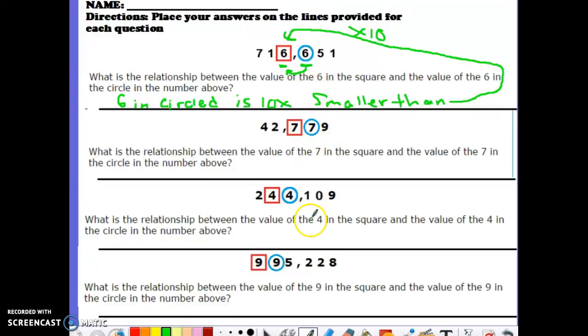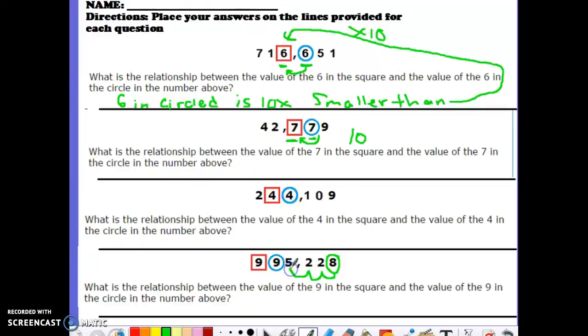The same goes for all of these examples. The comparison between blue circle numbers and red square numbers is always going to be that the number further down the left of the place value chart is going to be 10 times larger than the number directly to its right. And if you keep moving down the place value chart, so for example, let's say I circled this 8 and I wanted to know the value of the 9 in comparison to this 8, I would just keep multiplying by 10. Well, this 2 is 10 times greater than the 8, which is 10 times greater than that 2,